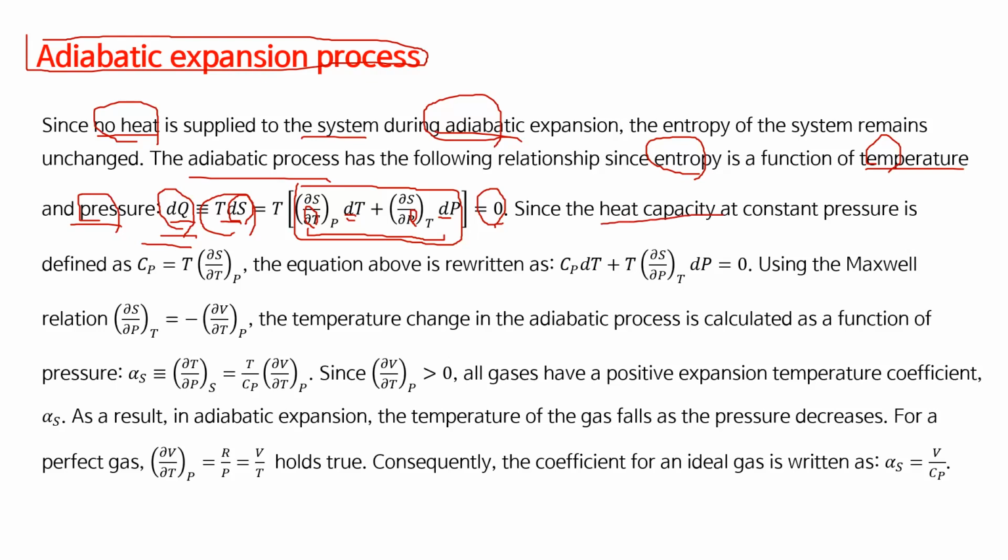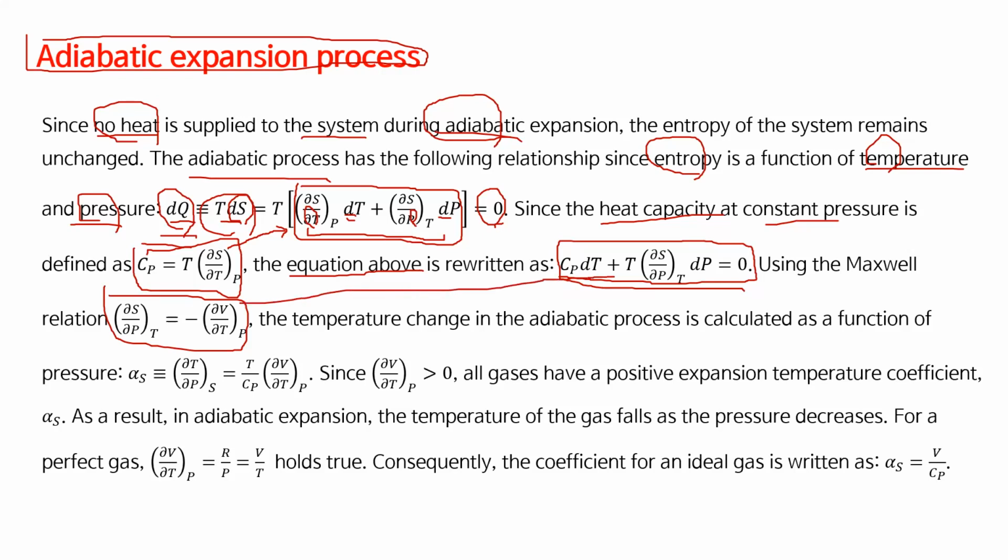Since the heat capacity at constant pressure is defined as this relationship, we can use this capacity expression in this equation. Then the equation above is rewritten as this equation. And here, using a Maxwell relationship, this one, apply here. The temperature change in the adiabatic process is calculated as a function of pressure. So alpha S is the temperature change as a function of pressure,